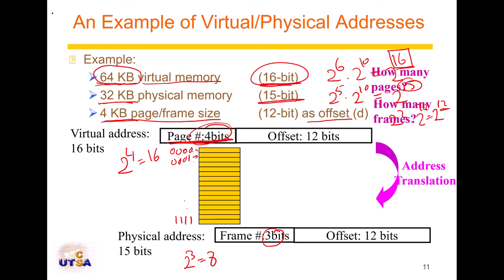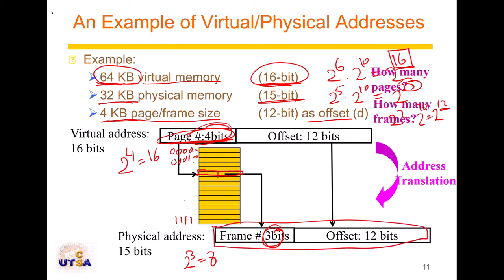pages. Okay, so now by using these 4 bits as the page number, we will access whatever it is in that page entry, and then within that page entry, what do we store? We store the number of bits here. Okay, so we will get this number of bits, and then we copy the offset bits together, and now you get your physical address basically. Okay,